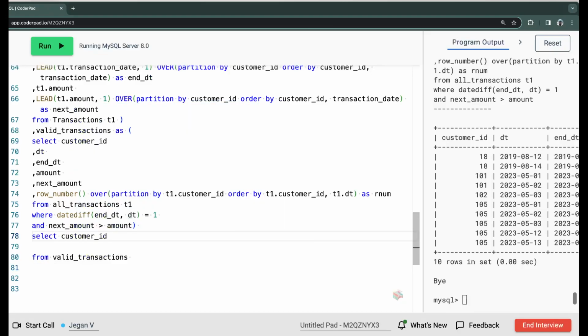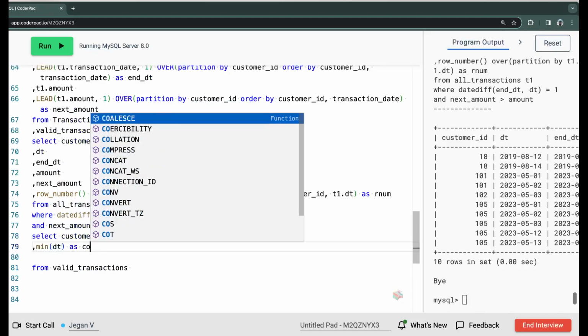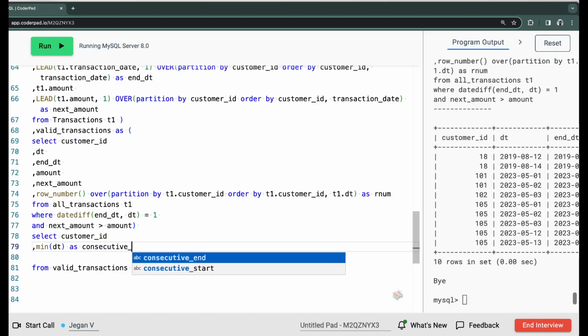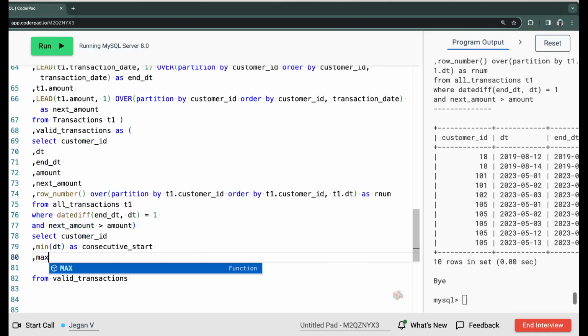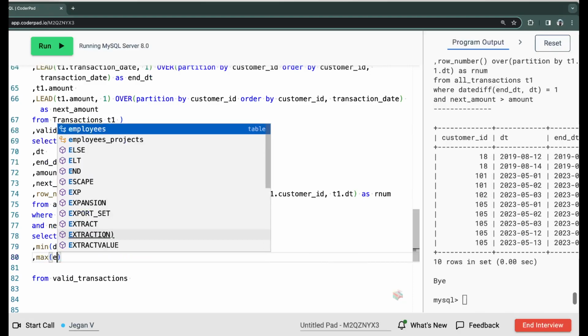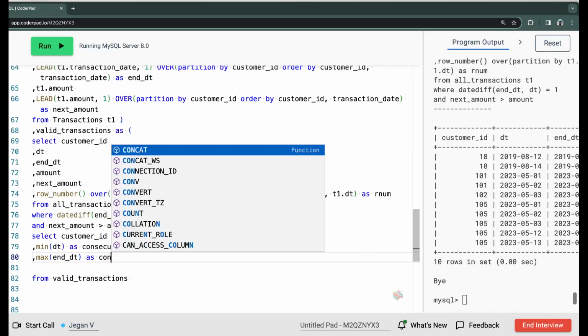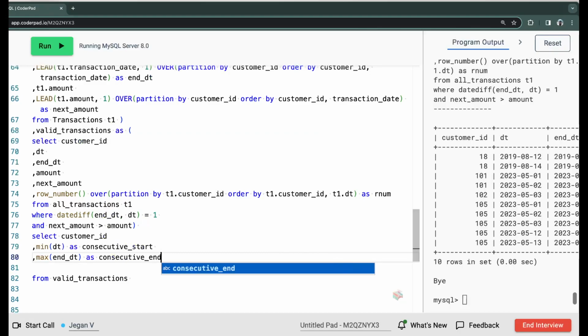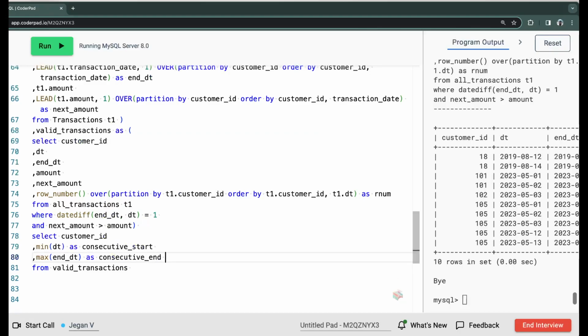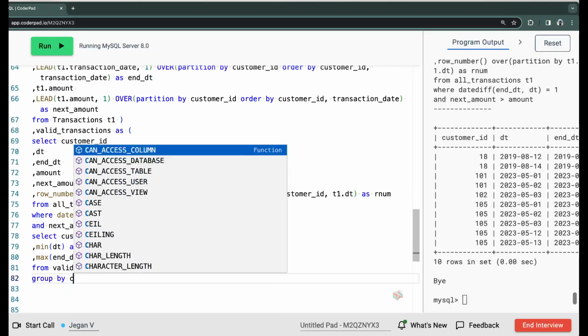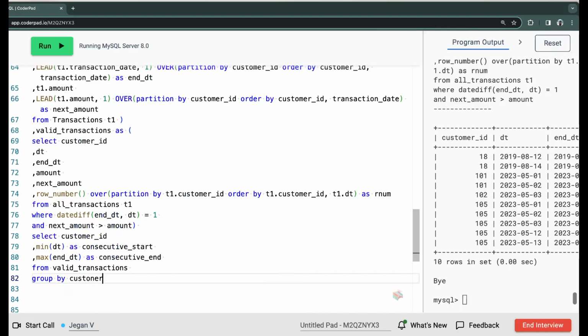Select customer ID, and then we set the minimum of DT as consecutive start and the maximum of DT as consecutive end from the main CTE table, group by customer ID. Now we have a filter condition saying that the count should be greater than or equal to